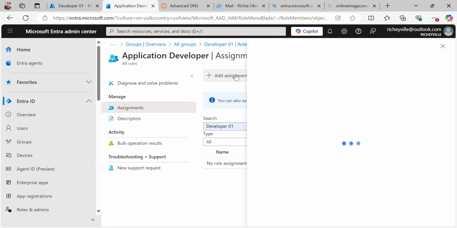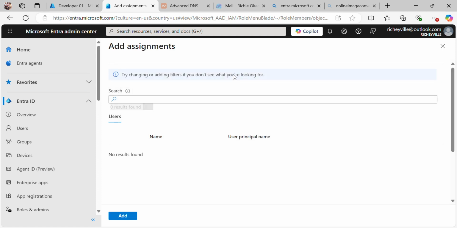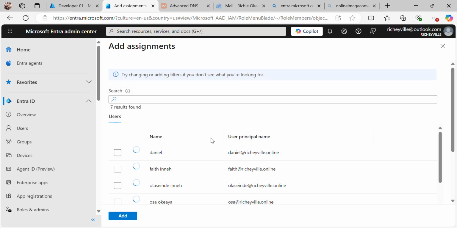Okay, are we adding it? Okay. I can see what we are trying to do here now. So this is what we are doing now. This is how you add